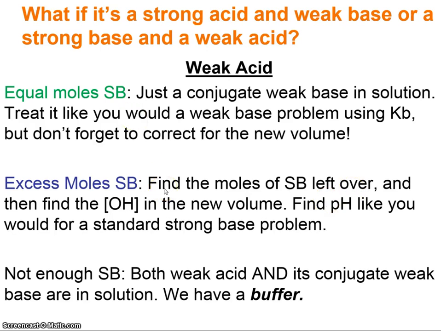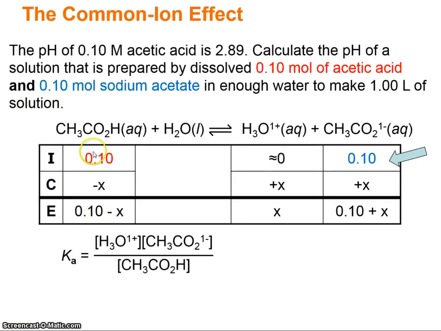Right? And the opposite will happen if I start off with a weak base and I don't add enough. Right, if I've got equal moles of strong acid and weak base, it becomes a weak acid problem. If I've got excess moles of the strong acid, it's a strong acid problem. If it's not enough, right, I've got a conjugate weak acid and a conjugate weak base in solution, then it's going to become a buffer, right? Then it's like that common ion problem where I'll have both the acid form and the base form in solution. And we give this a special name if I've got significant amounts. It's called a